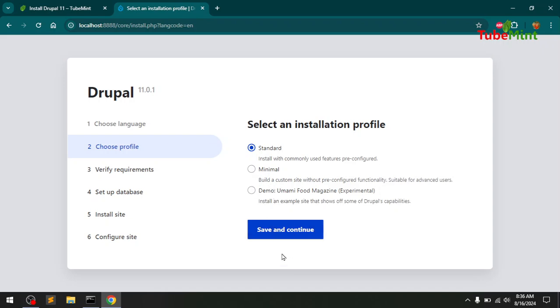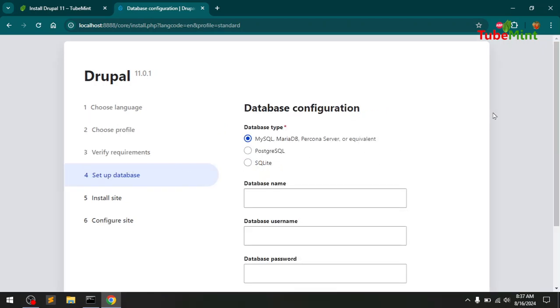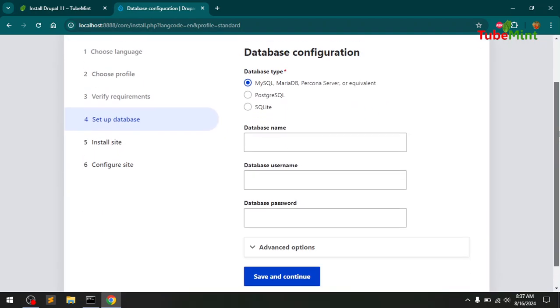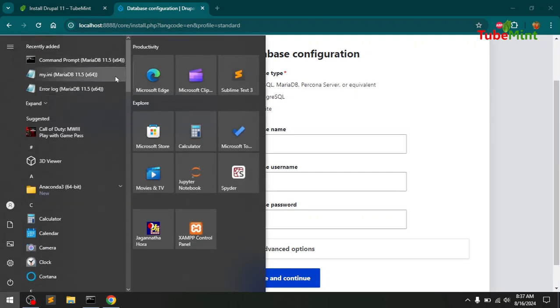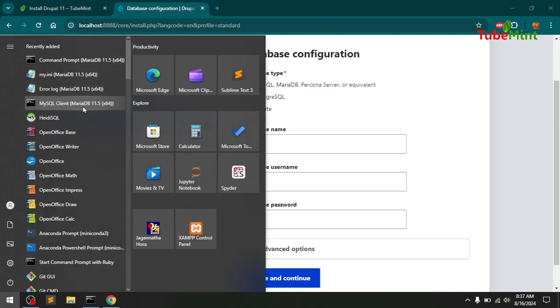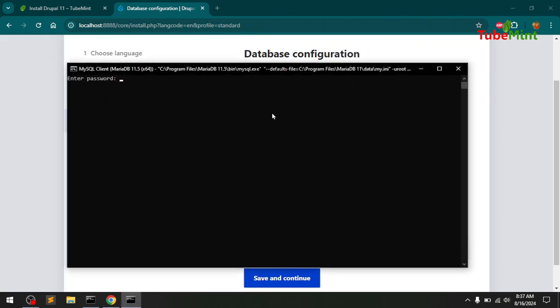A lot of developers go with the minimal. So I'll go with the standard one. Okay, verify requirements. It should have everything up and running. So I'm going to use MariaDB. Okay, so to use MariaDB, I will be running this command: MySQL client, asking for a password,